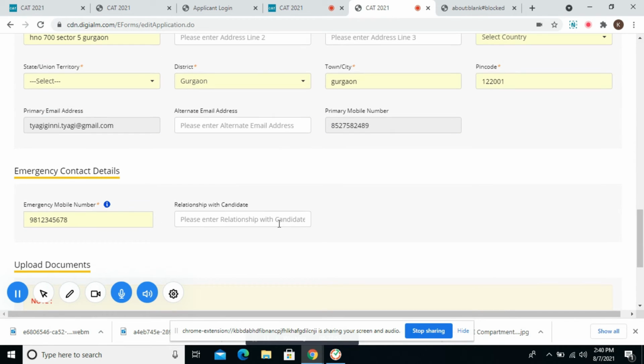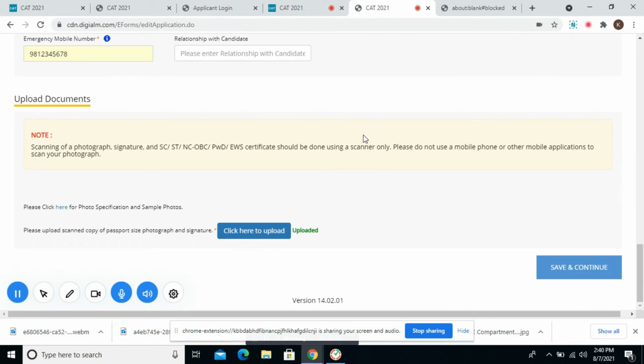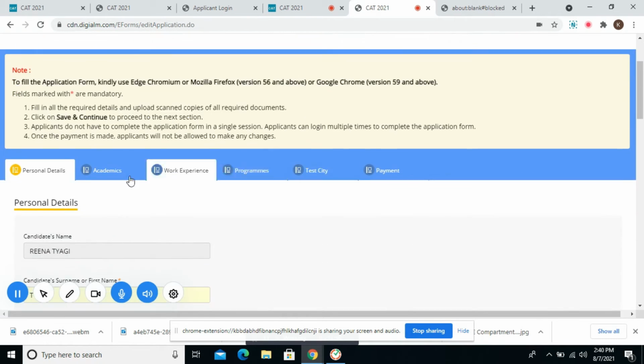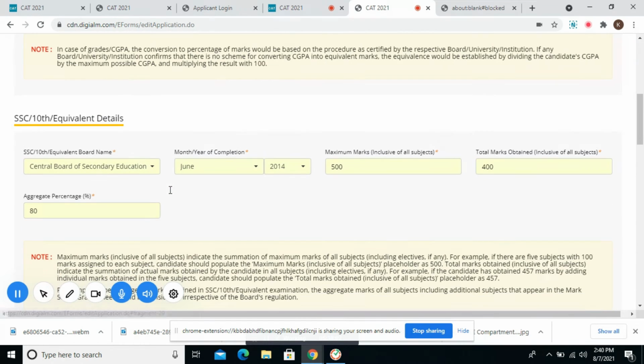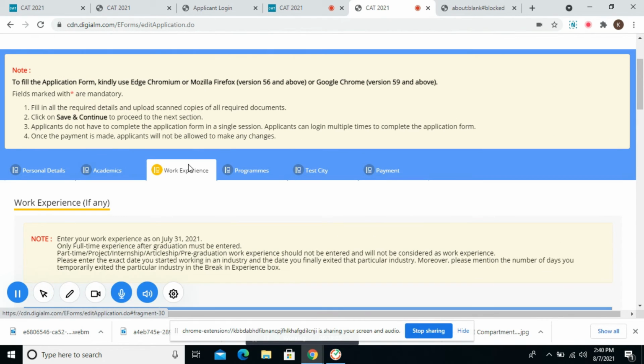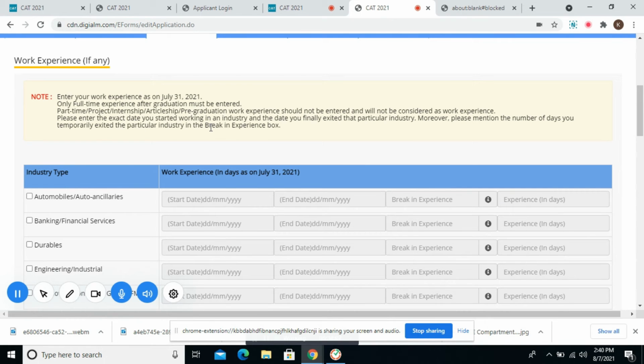Since my details have already been entered, it will take 2-3 seconds for the domain to read it and to show it on the screen. So these have been entered. Academic details also have been entered. Now I'll move on to the work details.